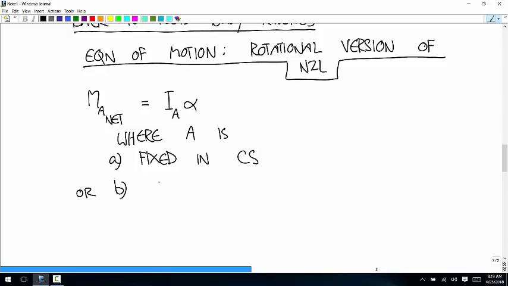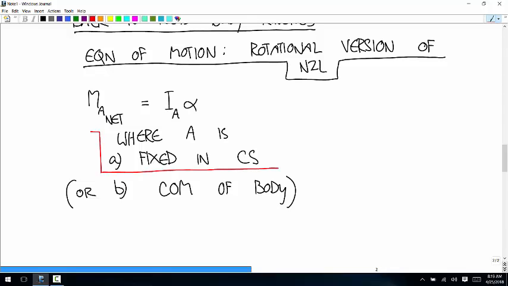Or, because a lot of objects don't have a point that's fixed in the coordinate system, it has to otherwise be the center of mass of the body. We're not going to do problems like this one. For us, this is going to be the story. But when you're doing rigid body kinetics for things where no part of the body is fixed in your coordinate system, like a muffin you throw or something,